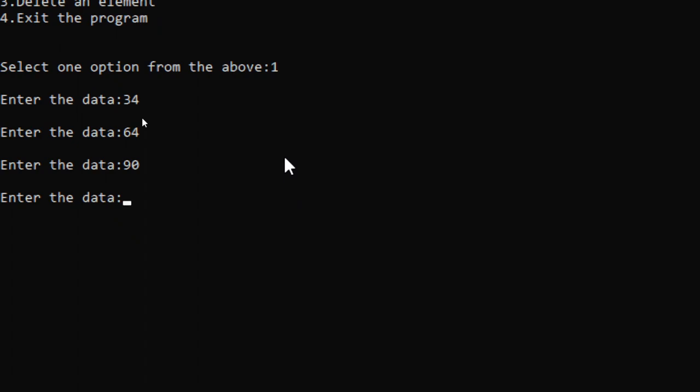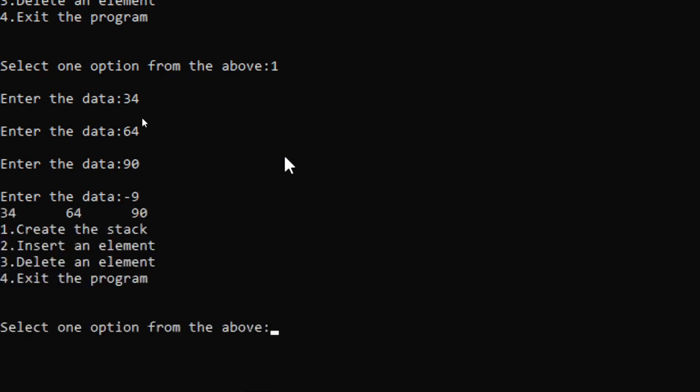If you take positive integers continuously, then this will type enter the data thing many times. So a user will terminate at any points. So I terminate at this point, and for that I have to take any negative number. I take -9, and here